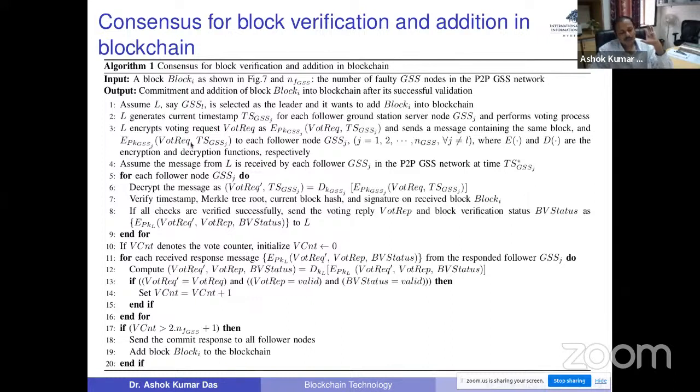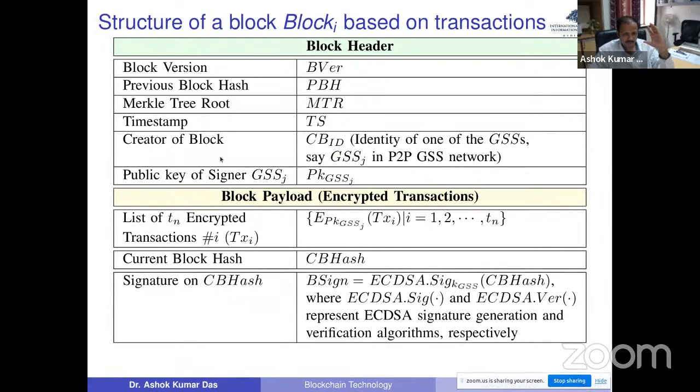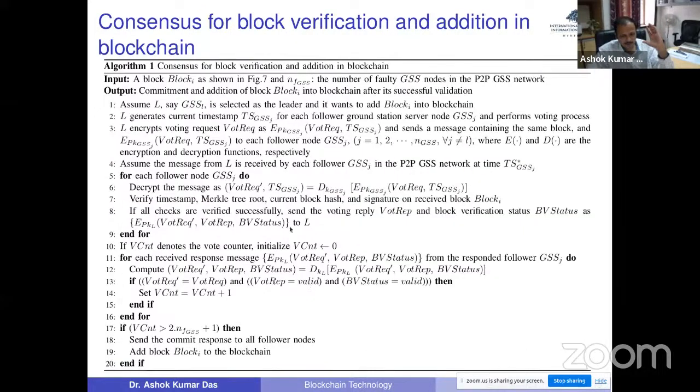So once this message is received by the GSS, the GSS will decrypt this voting request message using its own private key. It will get the voting request message as well as the timestamp. It will check the timestamp. If the timestamp is valid, then it will verify the block by verifying the Merkle root, verifying the current block, and verifying the signatures. And if all verifications take place successfully, then